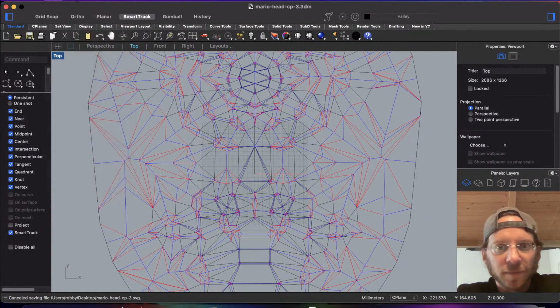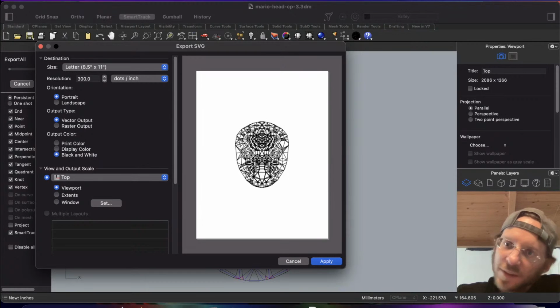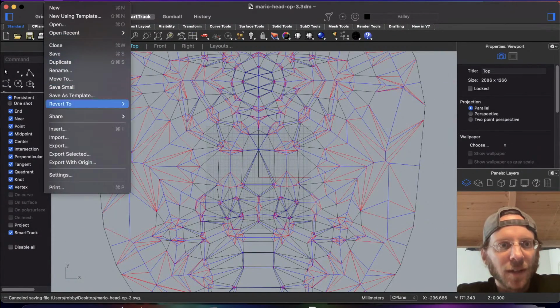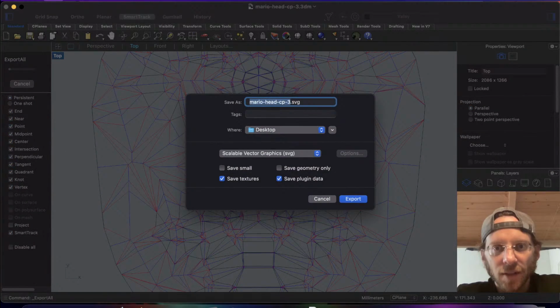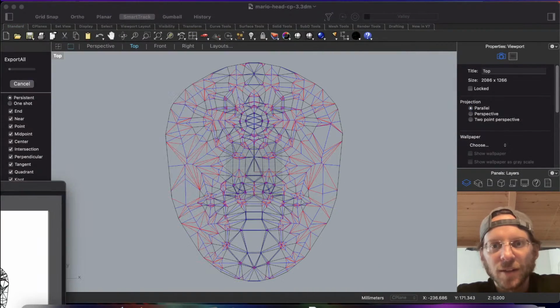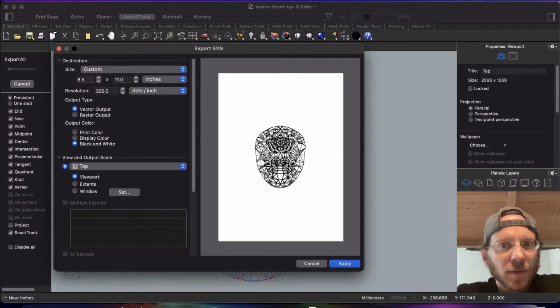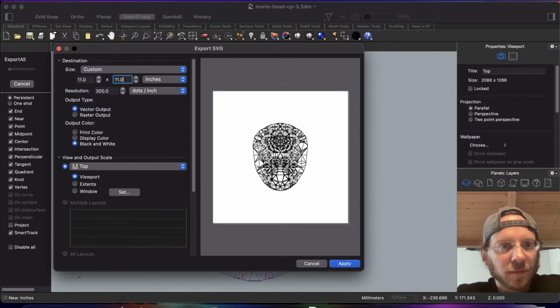Export again, let's try this. SVG, it's still not. View, wait, it viewed at, huh, what happened? Okay, export. Yes. It zoomed out on its own. Okay. Whatever, it's fine. Can I just do custom where I do square? Okay. Vector, display color, apply,